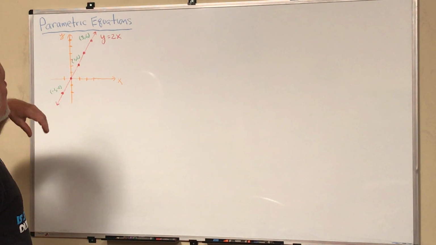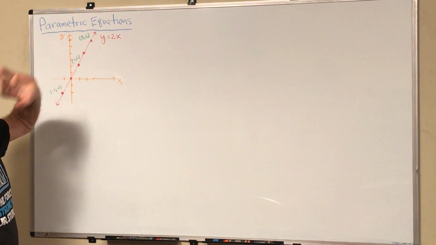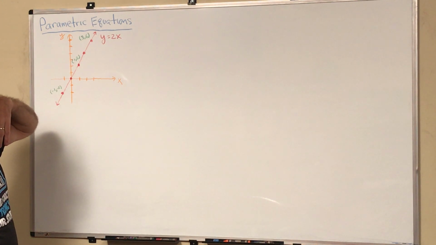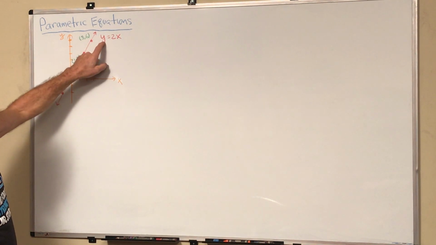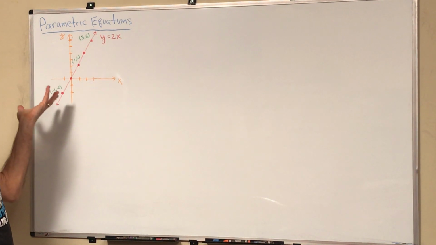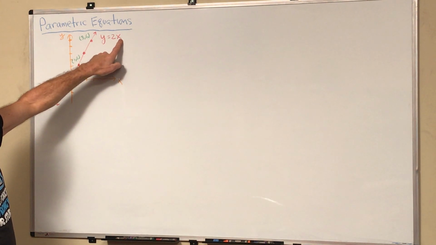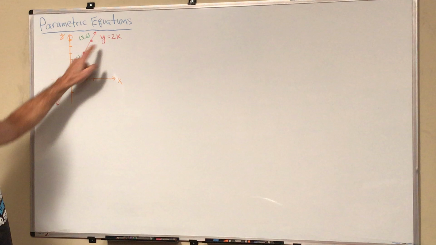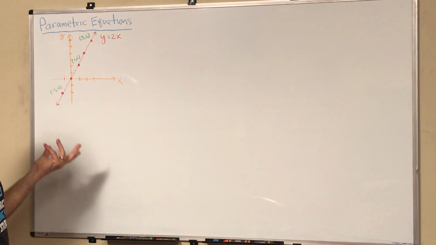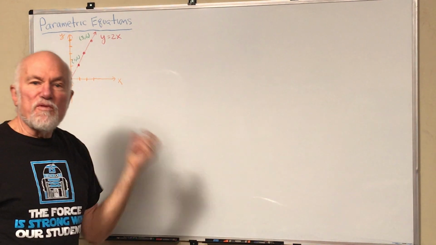Most of the time you've been working with y and x, two variables, a dependent variable and an independent variable. And to get some type of relationship, like y equals 2x, if you want to graph that, you can just plug values into the independent variable, like 1, and get the dependent variable 2, and you can plot them on a graph. Nothing wrong with that form of showing a representation between those two variables.